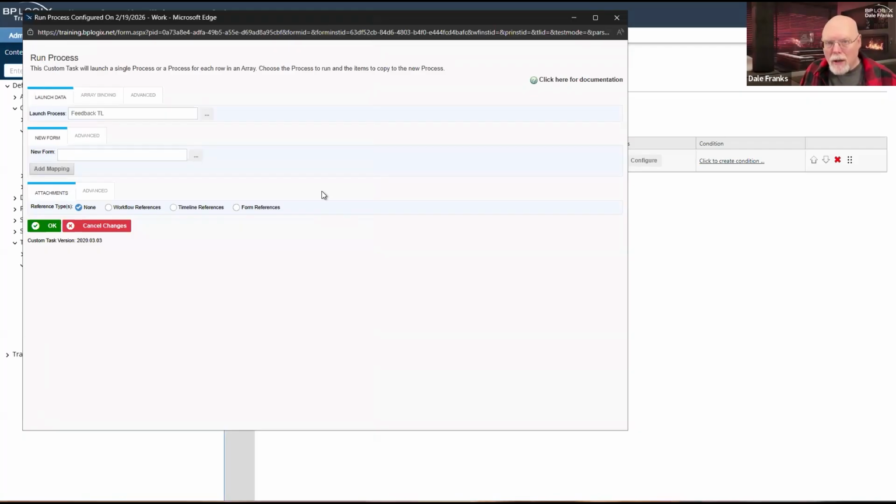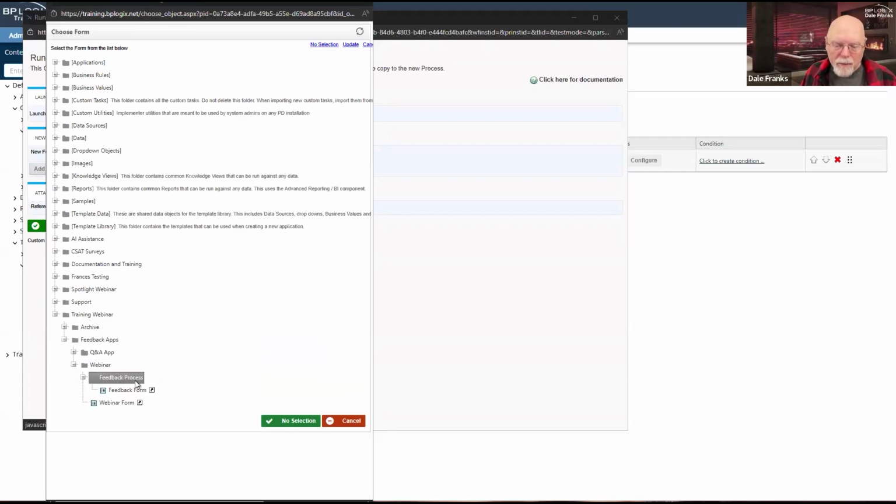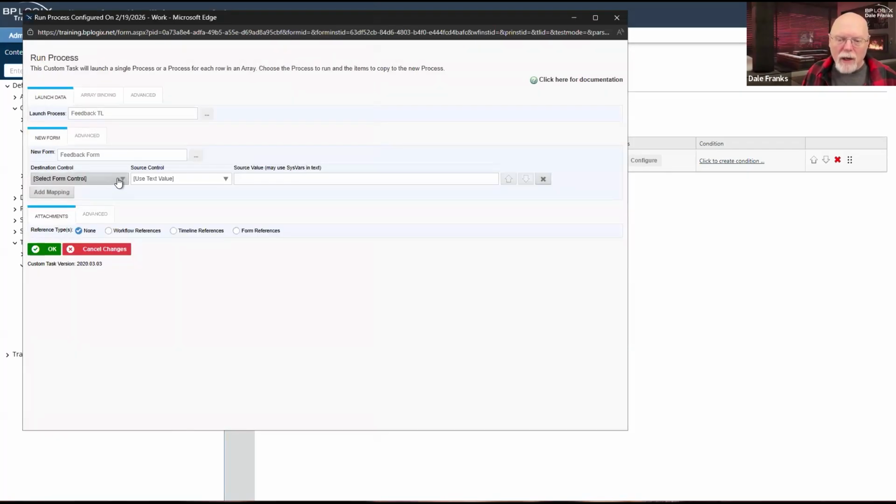We're going to want to make our connection between the sequence numbers. So we are going to have to, once again, hook up our feedback form. And now we can add the one field mapping we need, which is our parent sequence number with our request number on the main form.